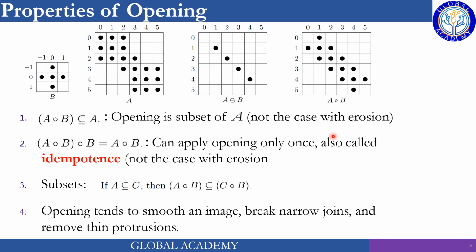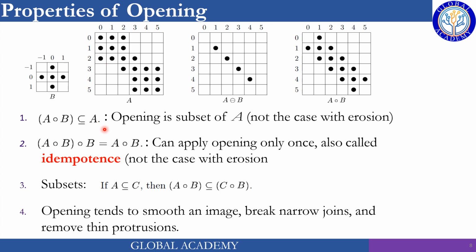So, properties of opening. A opening B is a subset of A, just like over here. This A opening B is a subset of the original image. So it's not possible to perform some opening on some image and get an image which is a superset. You will definitely get a subset of A, a subset of pixels of A, just like we have over here. A opening B is a subset of A. We have just extra pixels like this one, this and this one, 4 pixels.